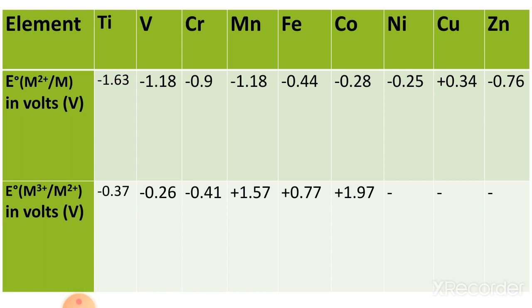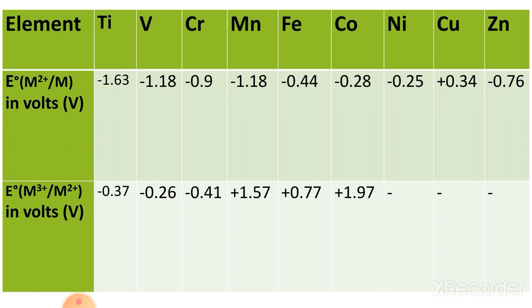So in this way, you can also calculate the oxidizing and reducing property of the given elements. And if reactions are given, you can also find whether the reactions will be completed or not. So again, listen to the lecture of unit 3, electrochemistry. In that lecture, I also told you about the electrochemical series. From there, you can find how we can know that a reaction is spontaneous or non-spontaneous.